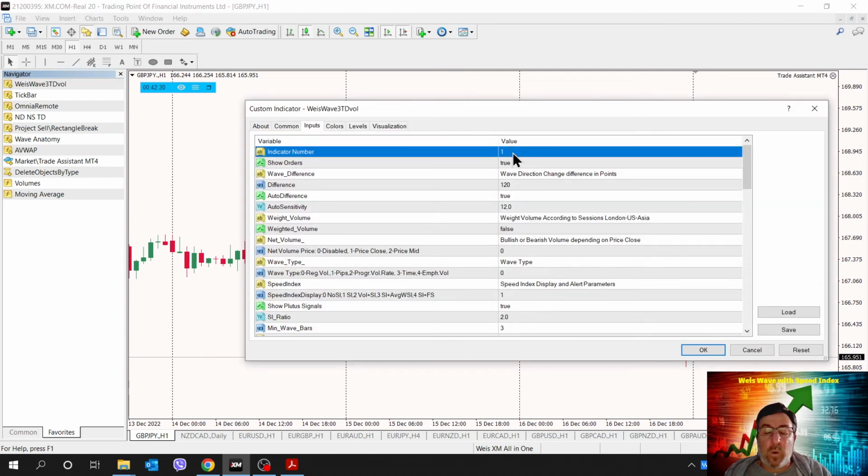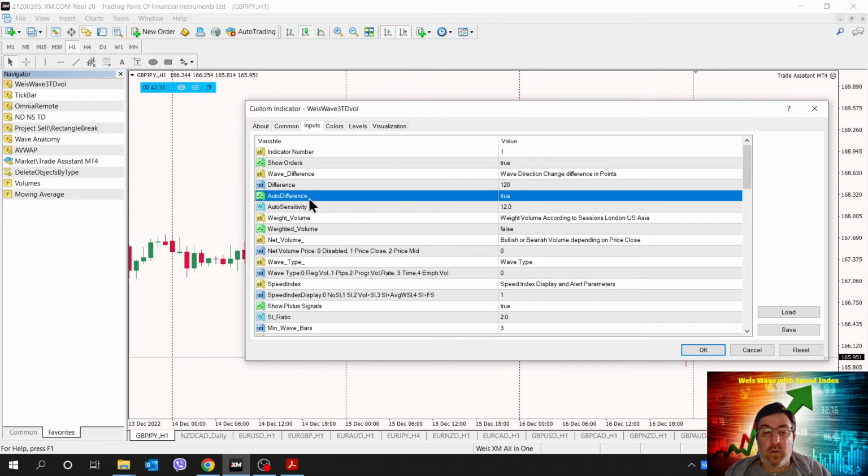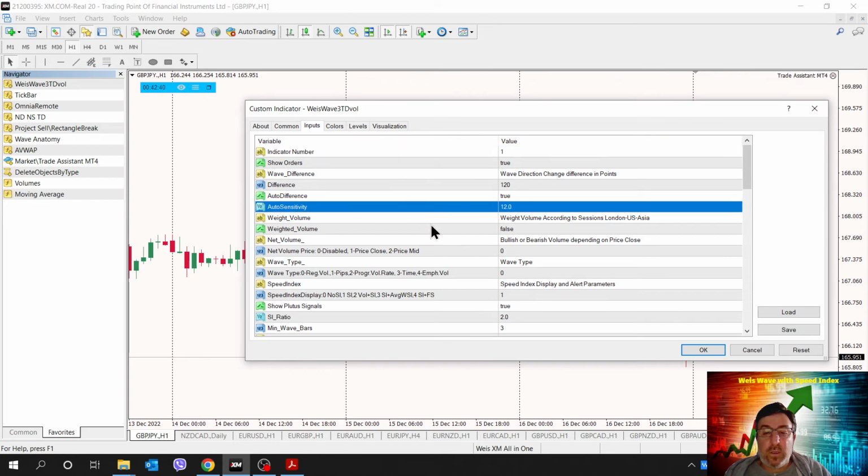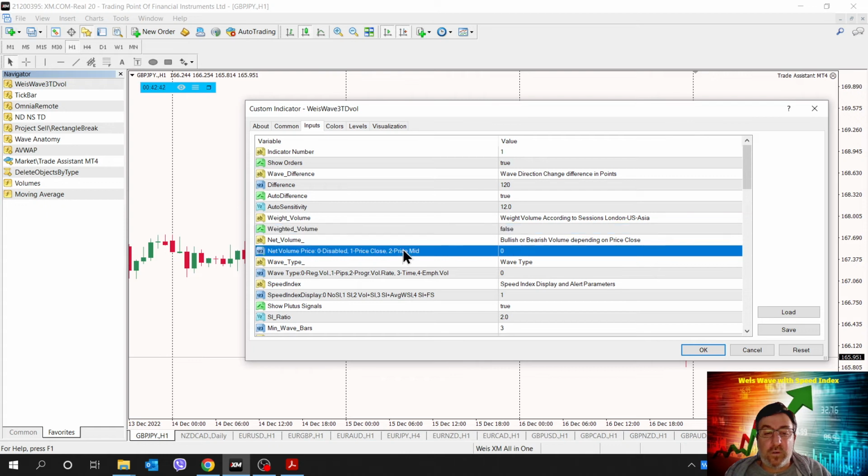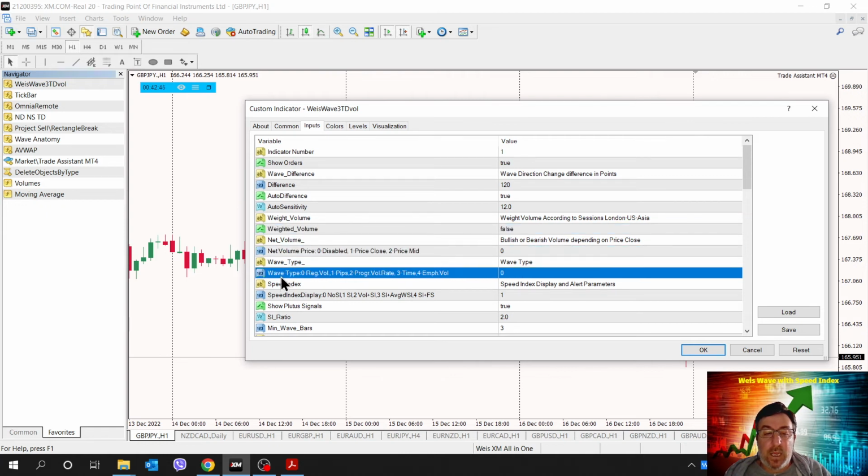On indicator number 1, I want to see just the pip wave type. Okay, so I will let the auto difference to be true, the weighted volume false, the net volume 0, and on the wave type, instead of 0, I will put 1 because I just want to see the pip.